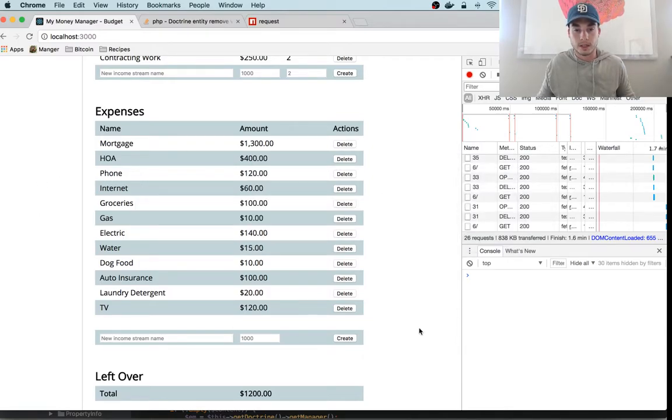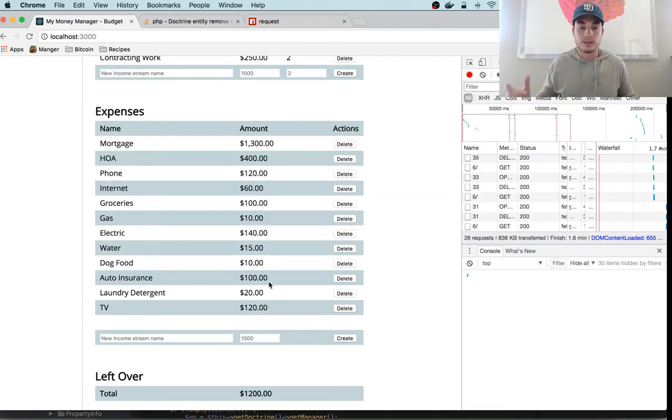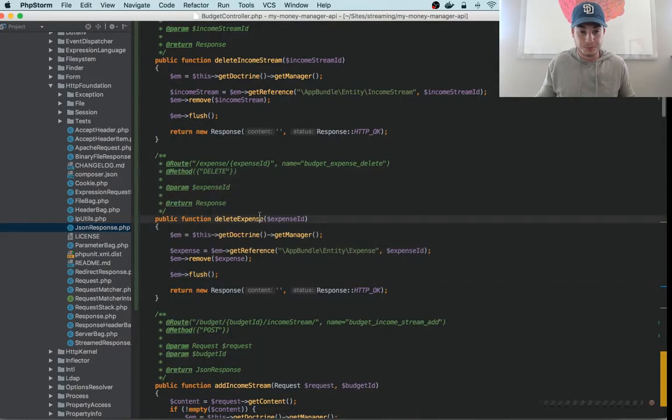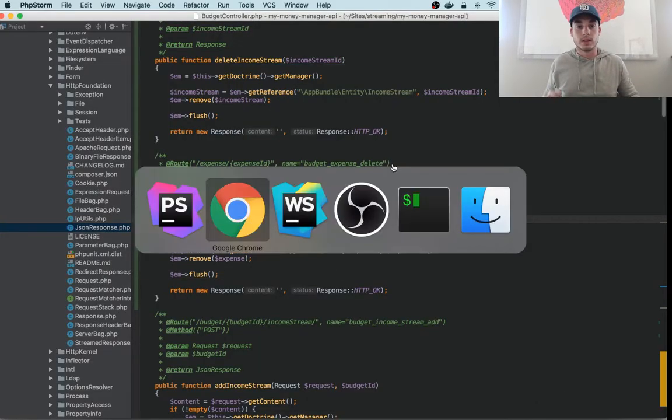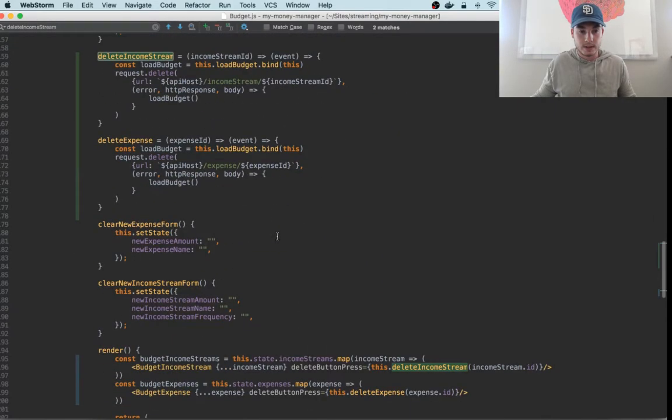So let's make it so that this delete button deletes this record immediately and runs the delete query to our API in the background, so that there's zero latency for our users. It's called responsive because as soon as the user hits the delete button, they see this record deleted from their view. So this is going to be all front end,